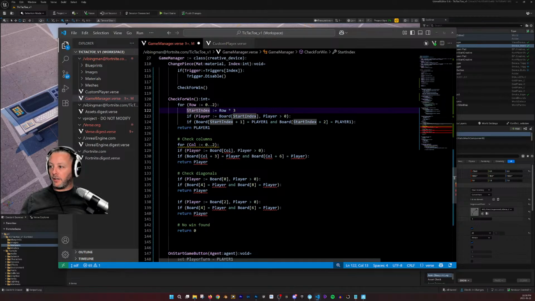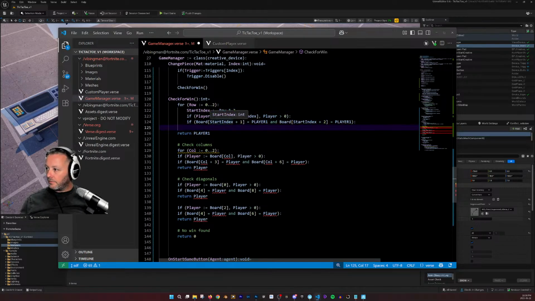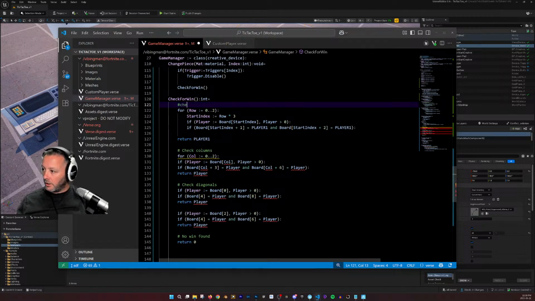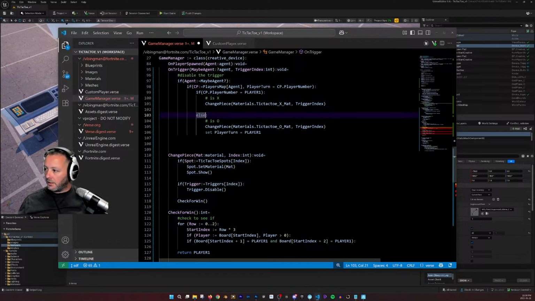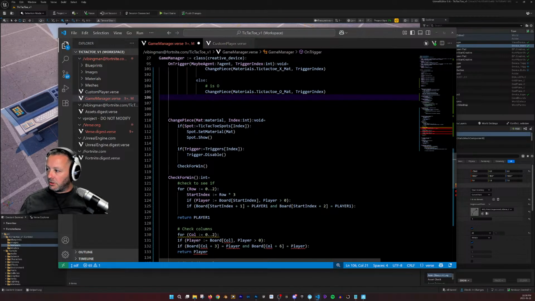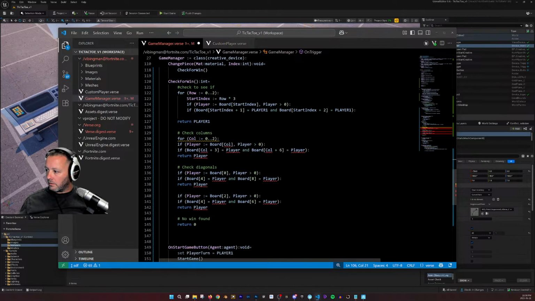So it doesn't get everything right. Okay, so let's put it in check to see if... oh, you know what we should do? We need to know what turn it is. Oh, we already know whose turn it is. But after the person goes, it sets the other player's turn. So we shouldn't do this here. Delete this here. Change the piece, check for win. If no win found,